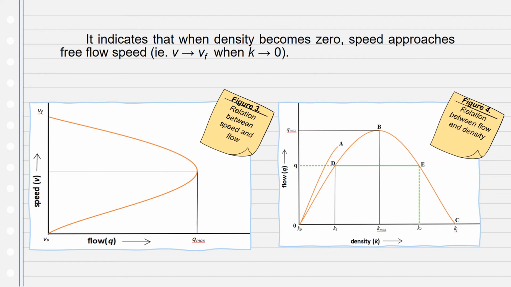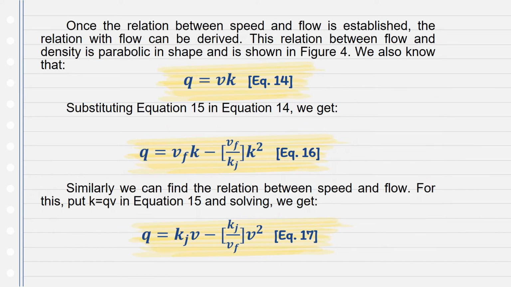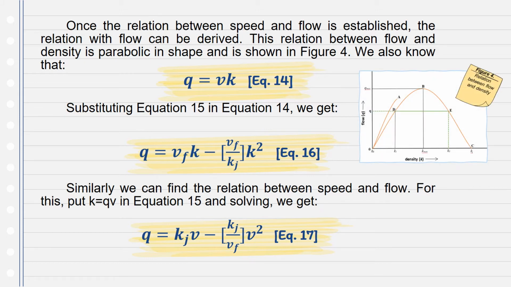In figure number 3, we can see the relation between the speed and flow. In figure number 4, we can see the relation between the flow and density. Once the relation between speed and density is established, the relation with flow can be derived. As shown in figure number 4, the relation between flow and density is parabolic in shape. From the speed-flow-density relationship discussed a while ago, we know that Q equals V times K. So substituting equation 15 in equation 14, we get